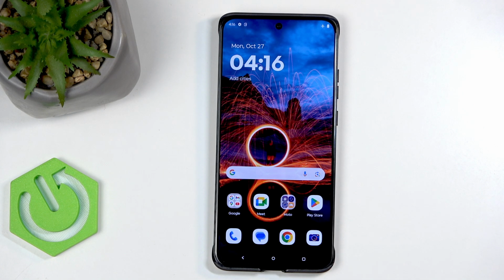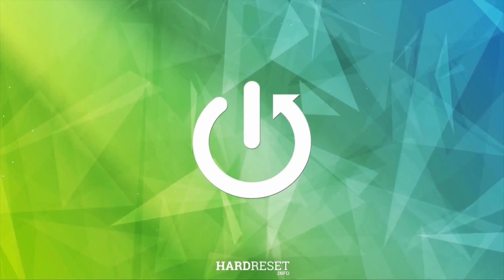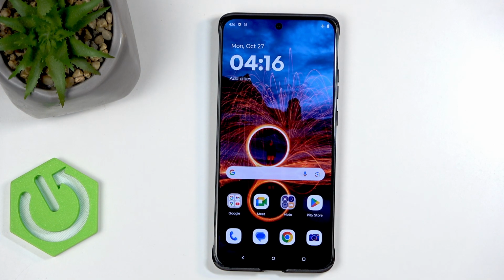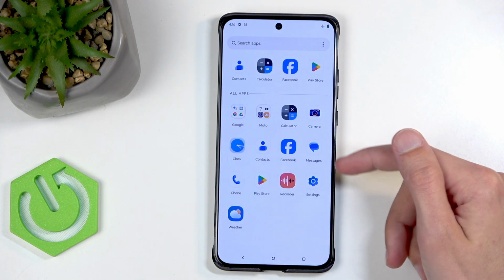Welcome. In front of me is a Motorola ThinkPhone 25, and today I will show you how you can reset this device through settings. So, to get started, you will want to open up your settings,